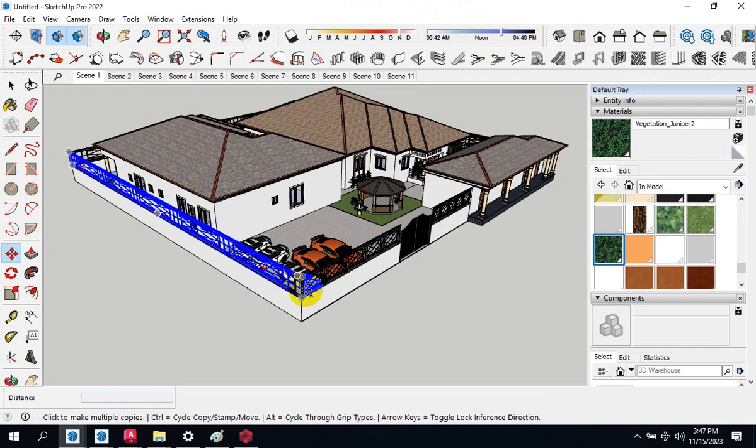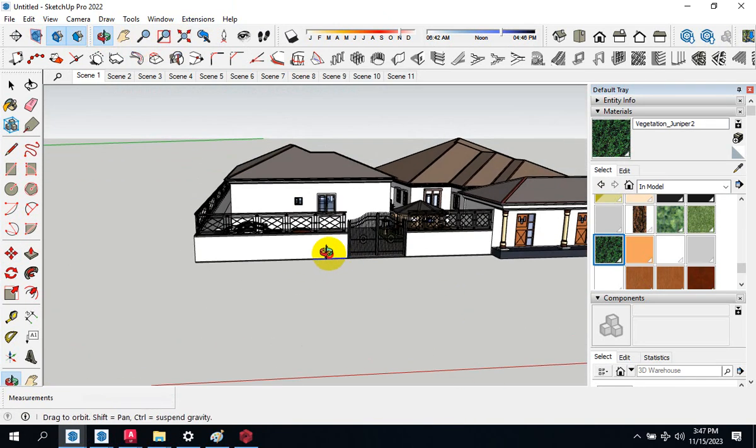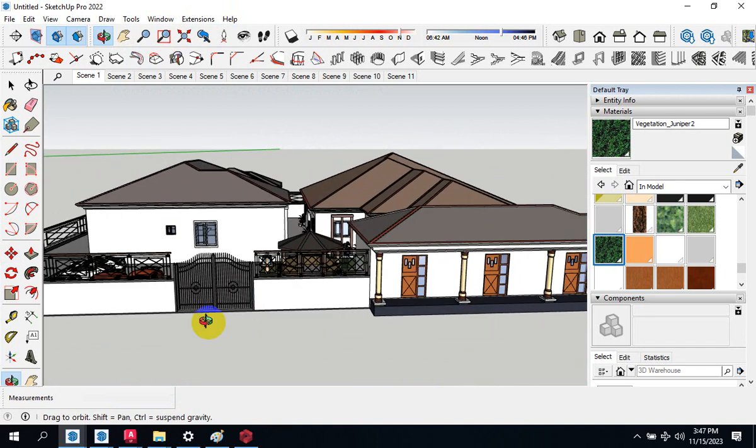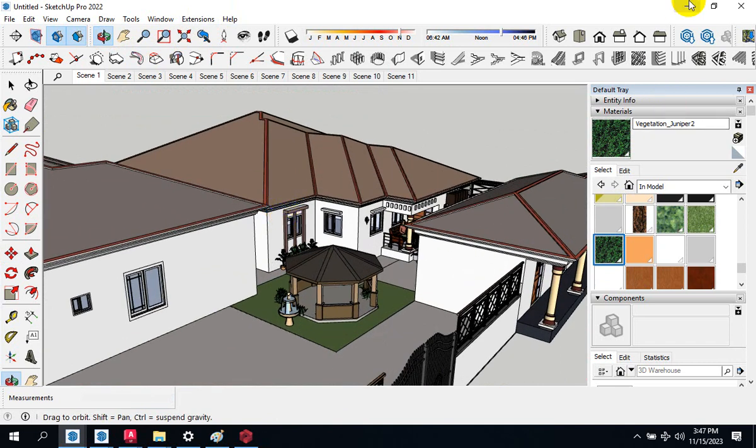SketchUp is very, very simple. This is SketchUp. This model I started today and have almost finished it. So what we are going to do is by tomorrow we are supposed to